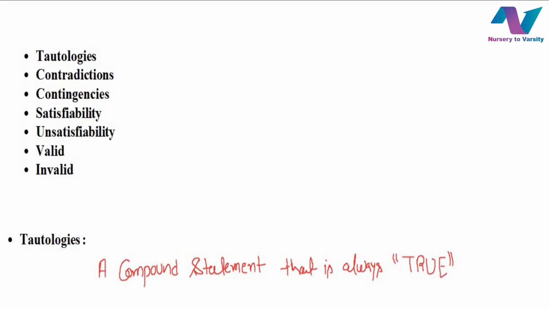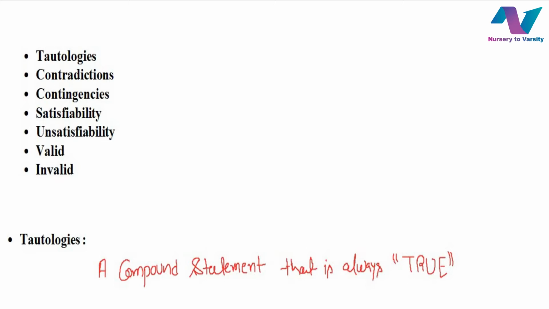In today's lecture we are going to discuss tautology, contradiction, contingency, satisfiability, unsatisfiability, valid and invalid statements, along with the revision of the last lecture, in which we studied the truth table. While explaining the definitions of these, I am going to explain the truth table as well, because to solve tautology, contradiction, and contingency, we are going to look at the last column of the truth table, and from that last column we are going to decide whether it is a tautology, contradiction, or contingency.